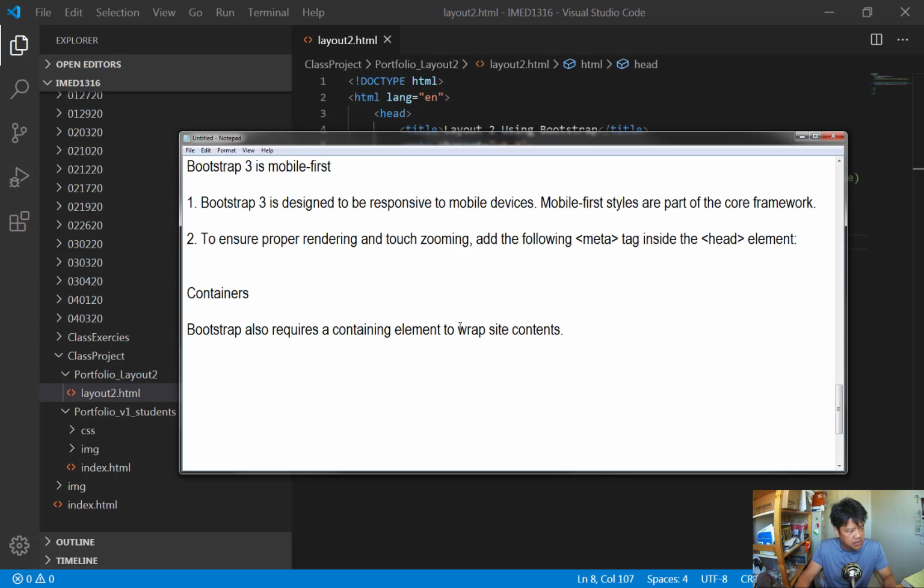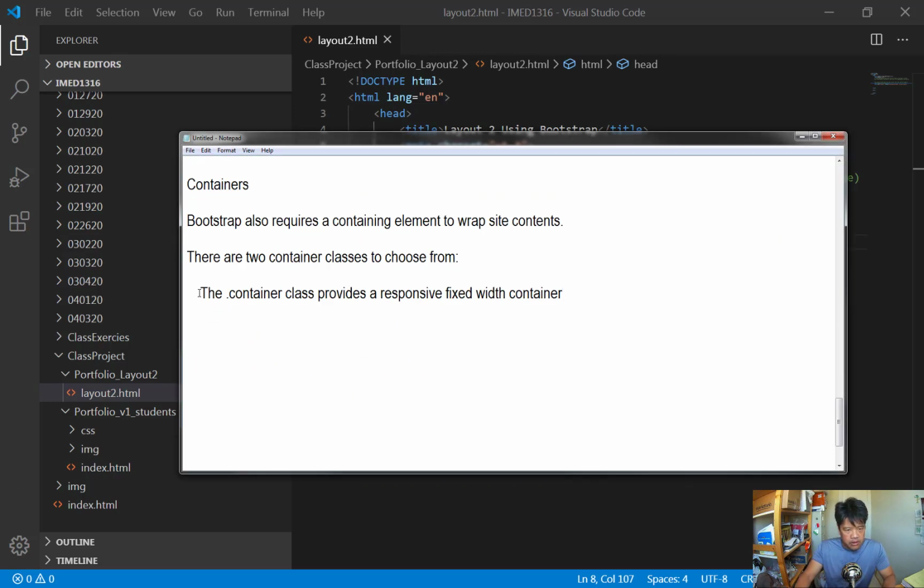What are the 2 container classes that we're going to use? So there are 2 container classes to choose from. All right, one is just your regular container, and the second one is the container-fluid. I'm going to talk to you about the first one right now. All right, so the first one is,